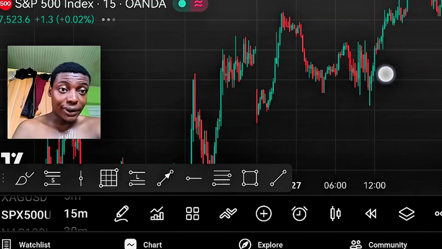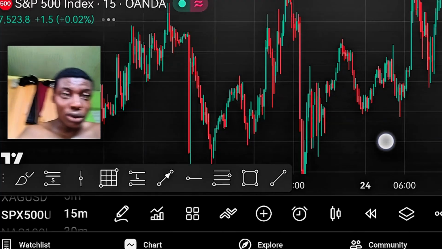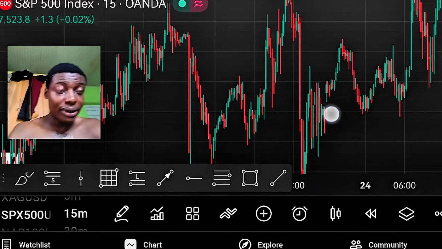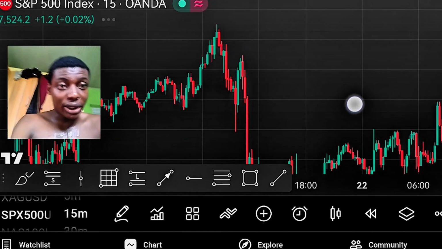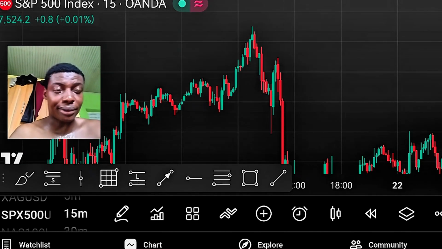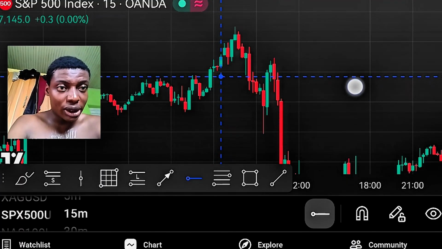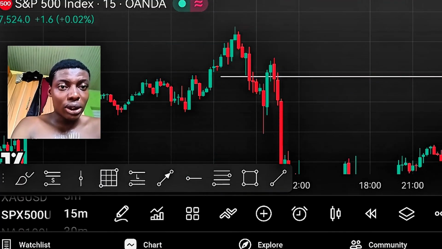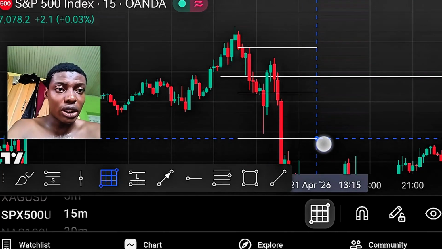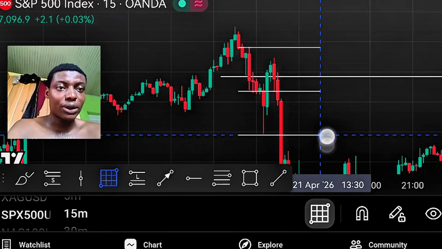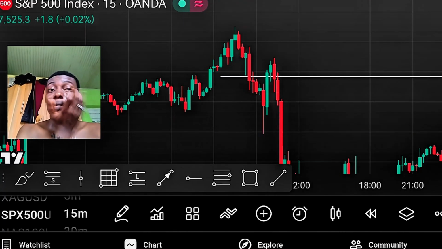Is there anyone again? I think I've done a lot on buy equilibrium. Look at this again, a wonderful sell. We had this break of structure here. If you draw it from your high to here, we came into discount and we dumped down. And also,